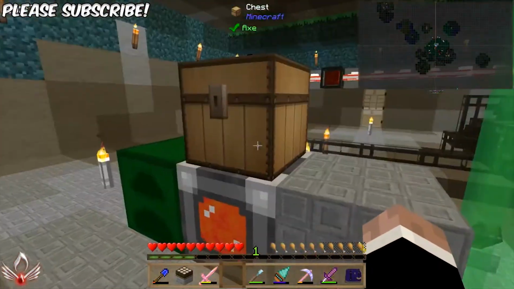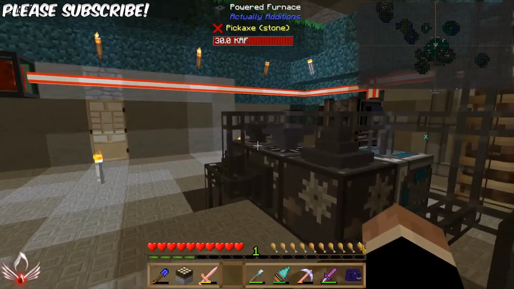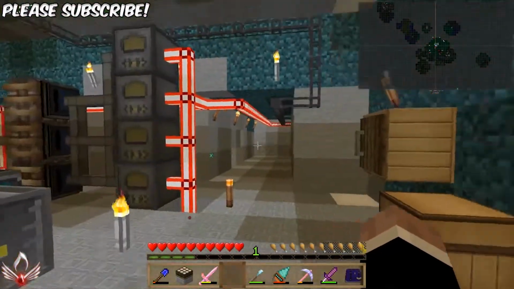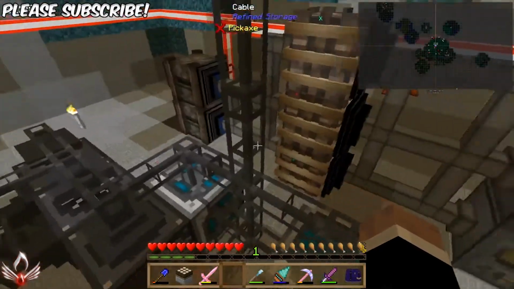Cobblestone generator will probably stay here as well because, well, we don't really need it. And then we've got obviously our automatic crushing and stuff like that, which we'll remove and we will put downstairs. Now,